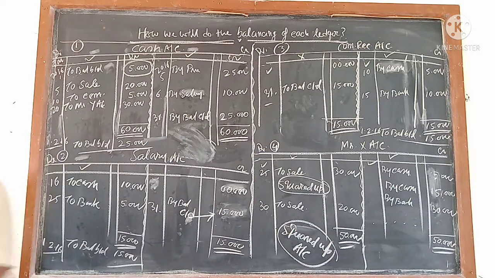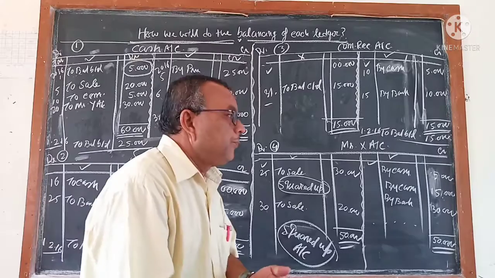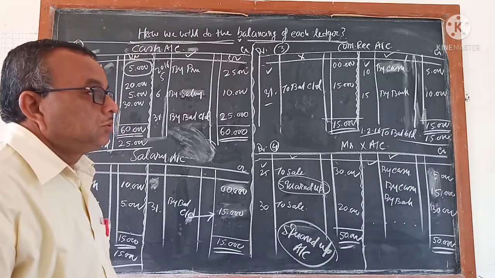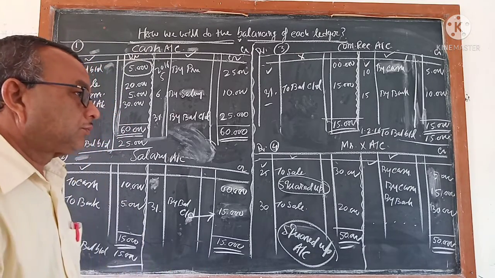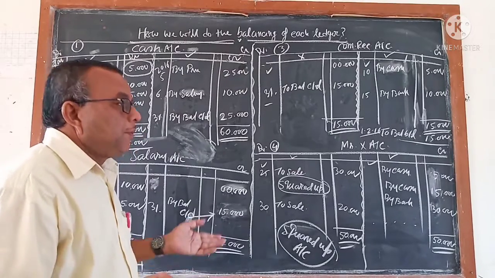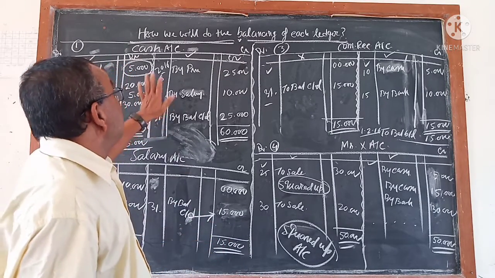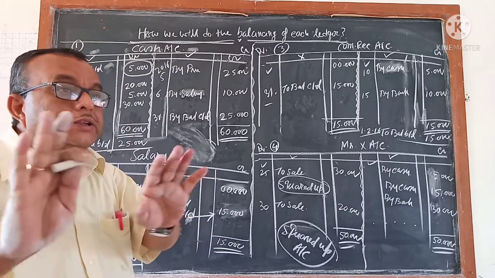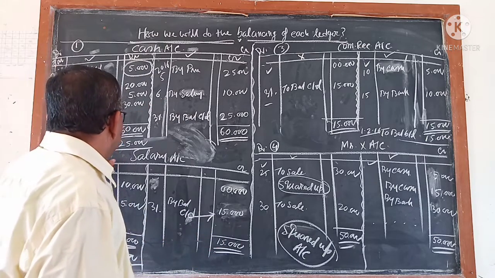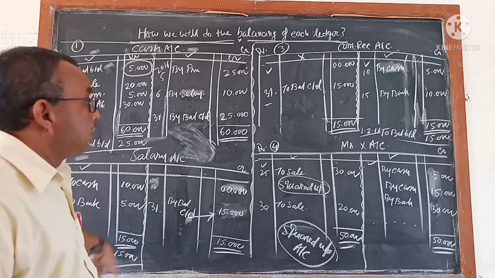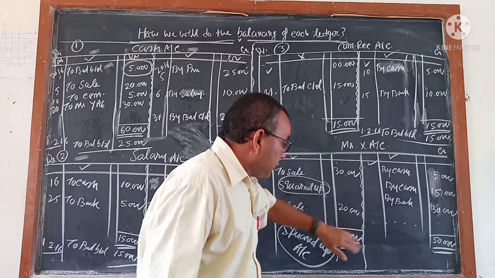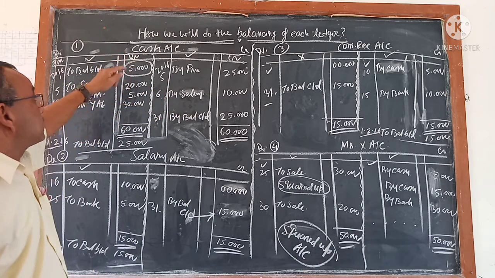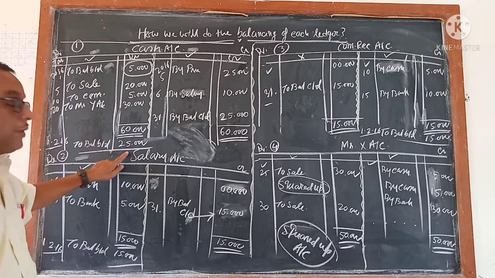One more point I want to tell you: if anyone asks you what is the balance of the cash account, what answer will you give after doing the balance sheet? If any question comes, what is the net result of the cash account or the net balance of the cash account, the answer is the side where BD is there. This side, the debit side, BD is there, and on the credit side BD is not there. The answer is like that. If anyone asks what is the balance of the cash account, you will say cash account debit balance 25,000.